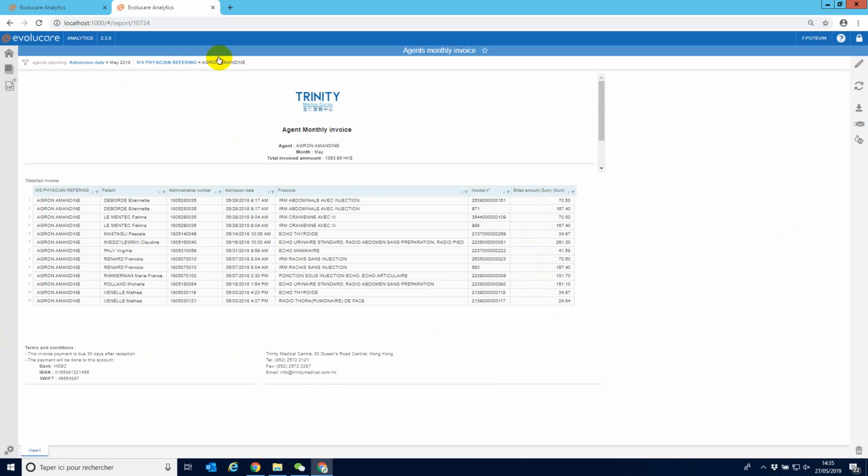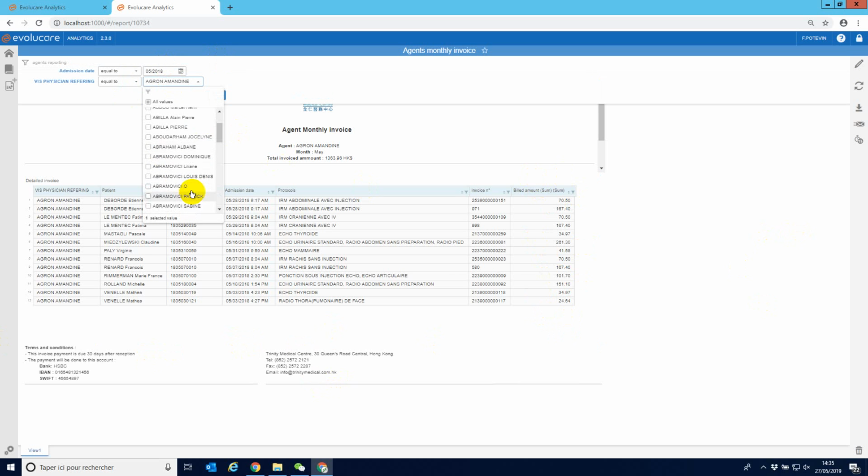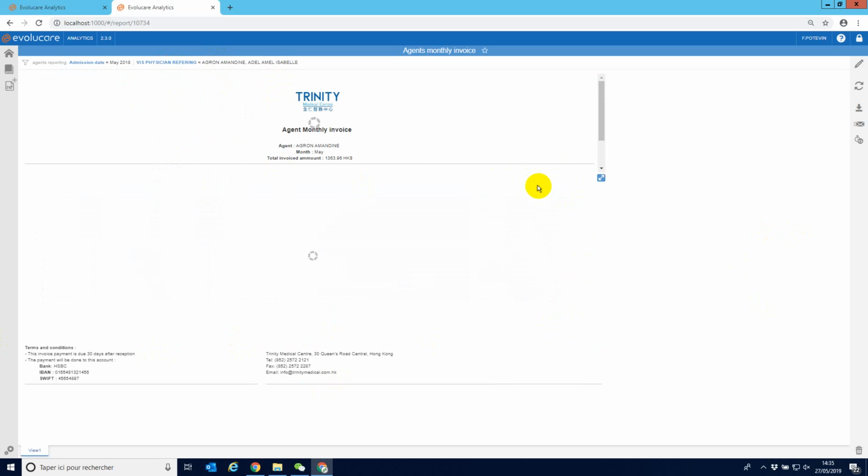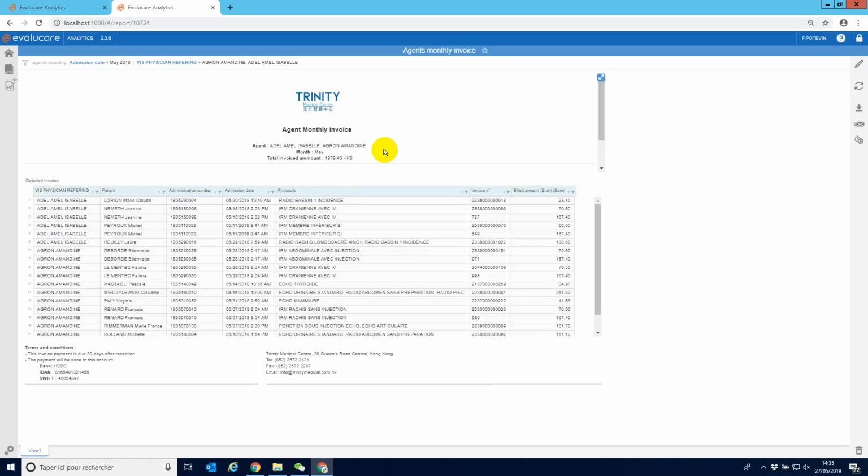For sure, if I change the physician name, then I will get another report, right? So it's quite dynamic, and you will see if I do that, the names and amount and all the information will be updated dynamically. So here now the name of the agent will be this one, the amount is different, and the list is different. And for each of these reports, which are quite dynamic for each agent or each month, I can decide to extract it